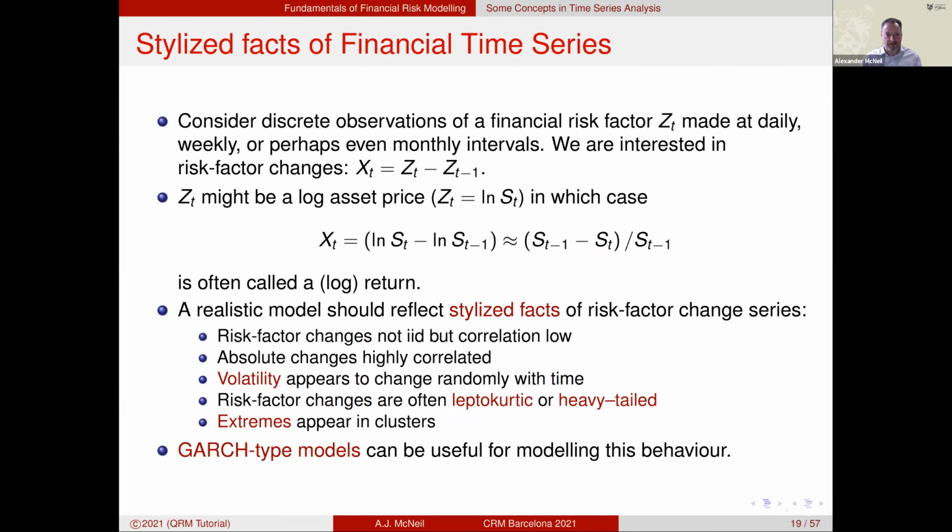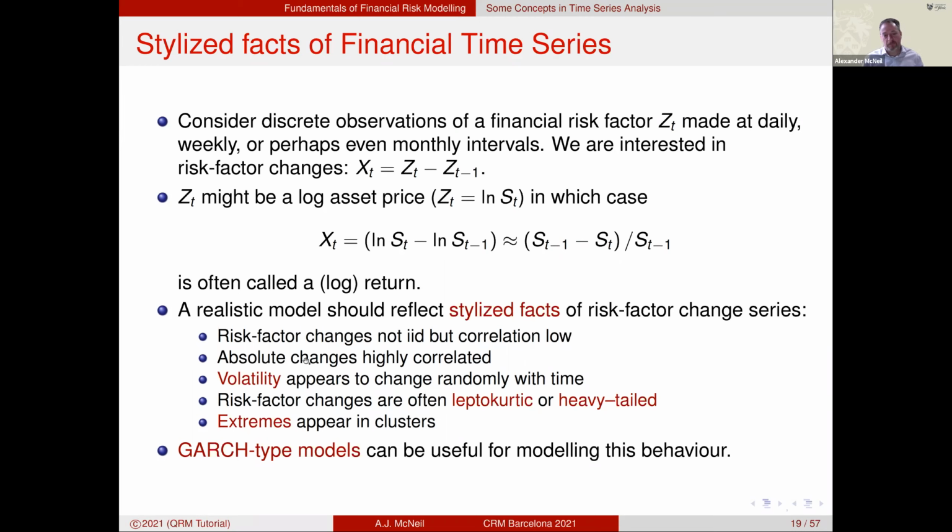And when we look at time series of changes in risk factors or log returns of prices, then there are certain things that we tend to observe, and we observe them so often that we call them facts. We call them stylized facts because they are empirical observations, but they are reconfirmed time and time again, and so therefore they have attained the level of facts. And so, in fact, they have very low serial correlation, typically, the risk factor changes. Risk factors go up, they go down, they go up, they go down.